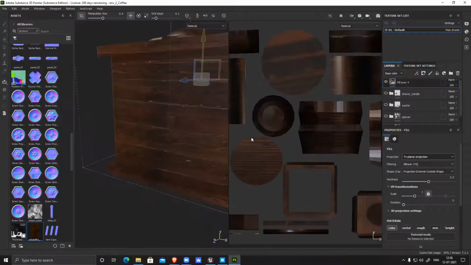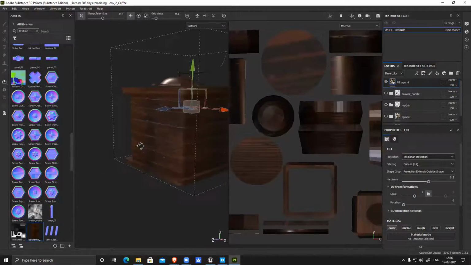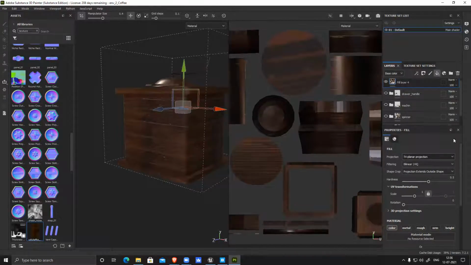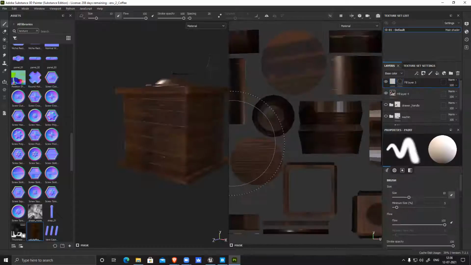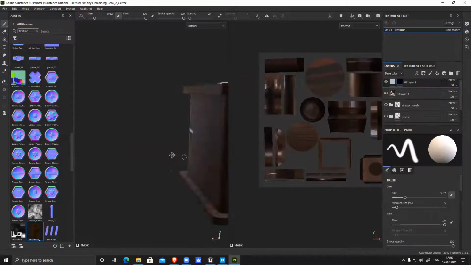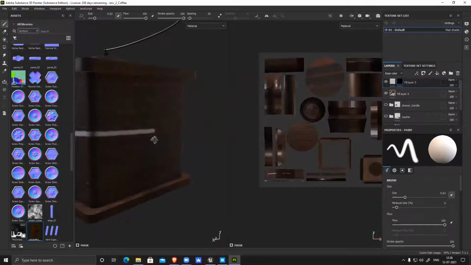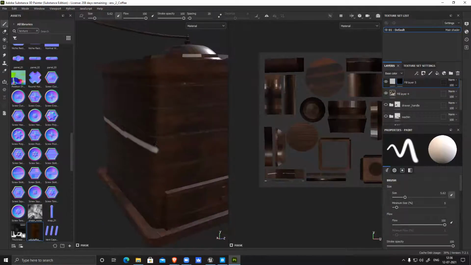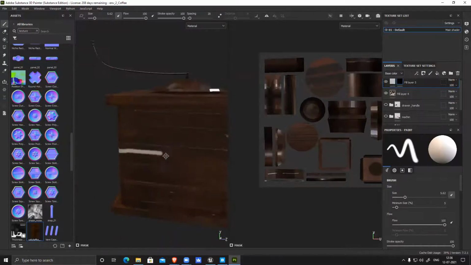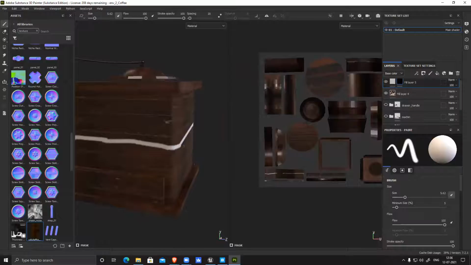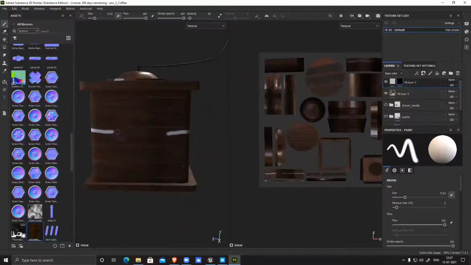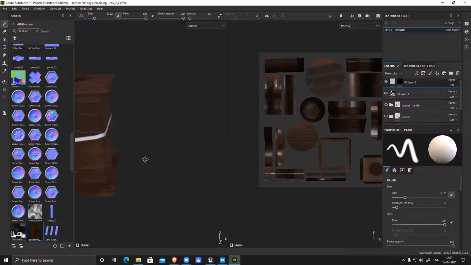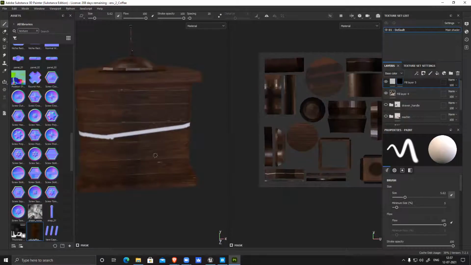Why is it like this? Let me see. Okay, this is one single part, that's good, but the resolution: bigger part, bigger UV; smaller part, smaller UV.